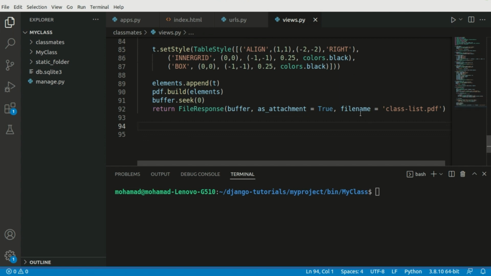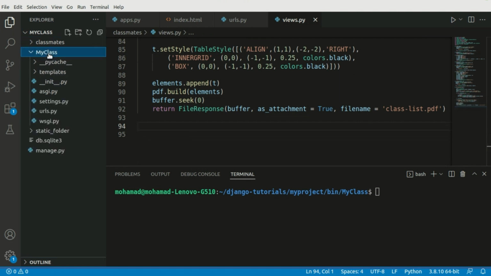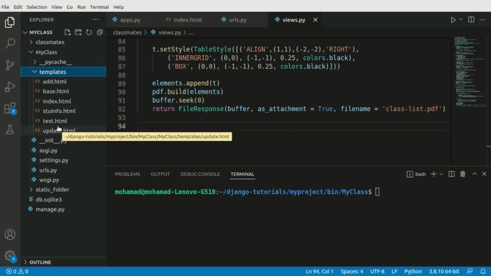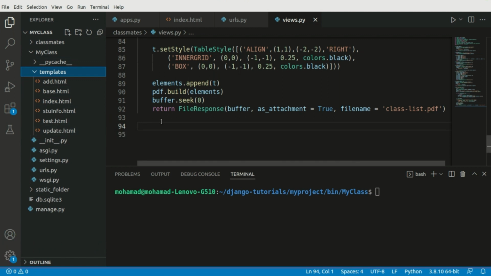Here inside of my class folder and inside of my templates folder, I'm going to add a new item inside of my nav bar for a link to download our Excel file. So exactly the same data that we printed on our PDF sheets, we're going to also enter inside of our Excel files. So right now let's get into our